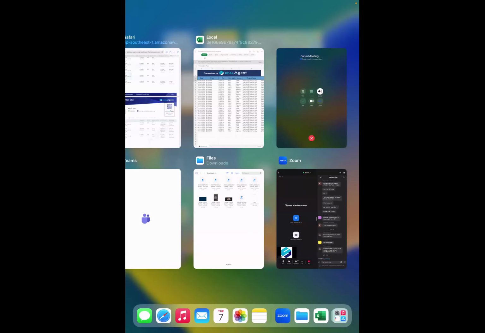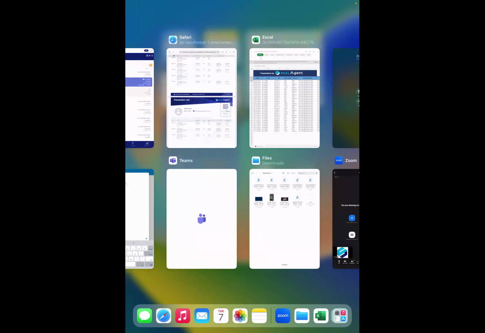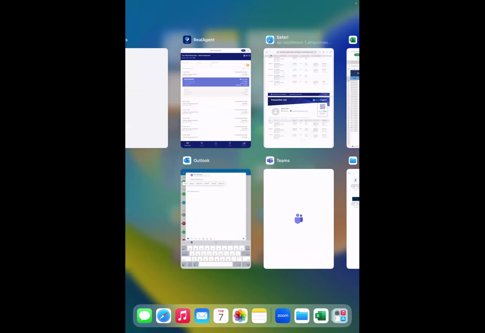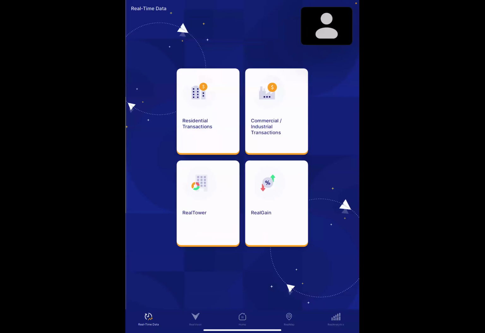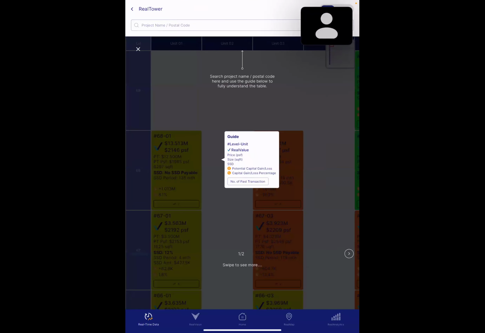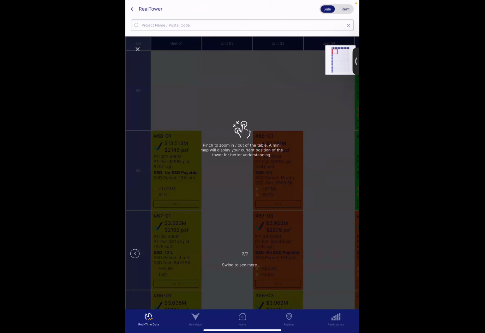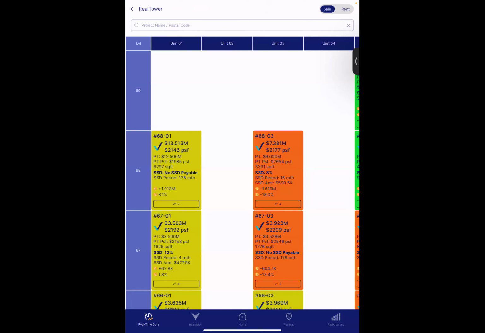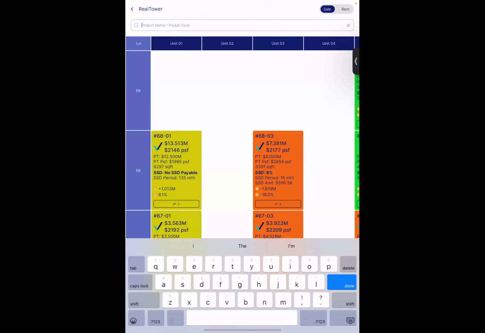Okay, next part is this. It's called Real Tower. So basically, it is a tower view of any project that you choose. Let me show you what I mean. So let's say just now we choose